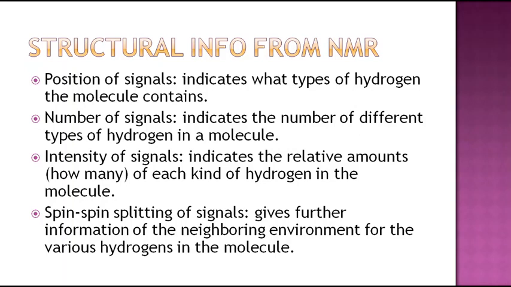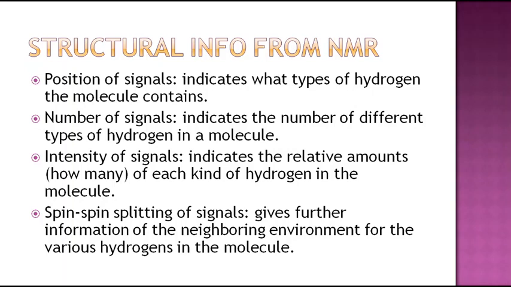We will see as we progress in the examples how it is done. Therefore, the number of signals also gives information. If more protons give one signal, that means they are in an identical chemical environment. The number of signals is not equal to the number of protons; it is the number of different sets of protons, the number of different chemical environments present in the molecule. That's what we can infer from the number of signals.